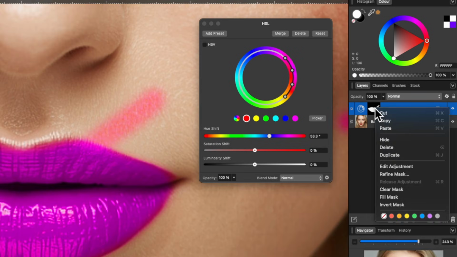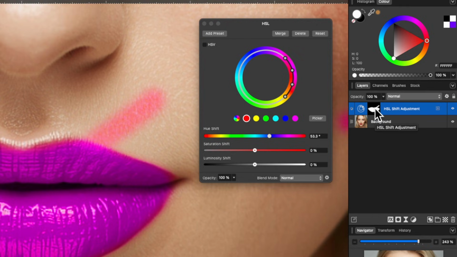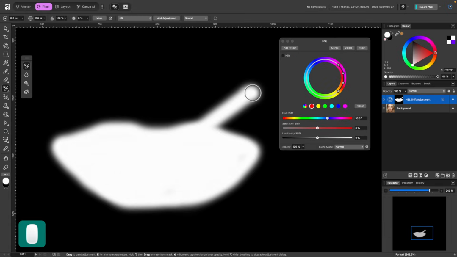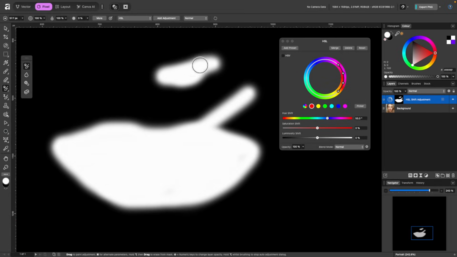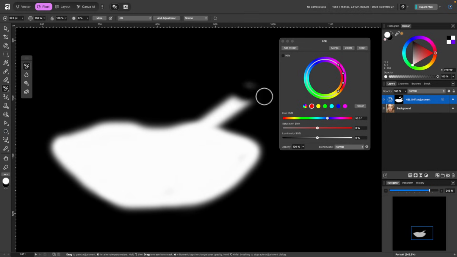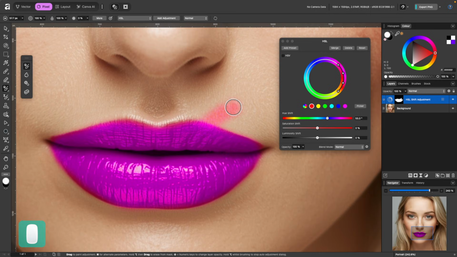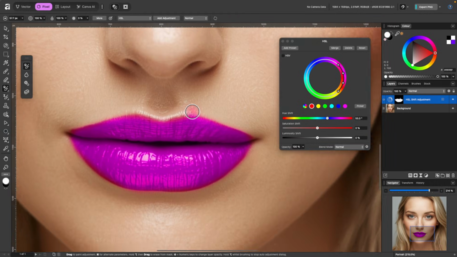Another way to do that is just to right click and click on Edit Adjustment, by the way. So in fact, I will just go back to that, Option, Alt, click. And you see right here, I can paint. I can continue painting wherever I want. But if you hold down the Option or Alt button, it switches to erase. So I can just go ahead and erase any mistakes I've made, maybe erase a little bit of that. And in fact, I'll switch back over to the photo. So Option or Alt and click, and I'll hold down Option or Alt, and then I'll just erase a little bit like that.